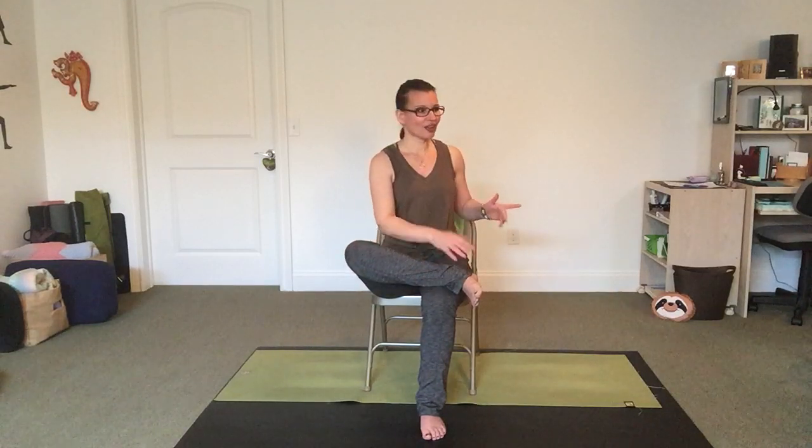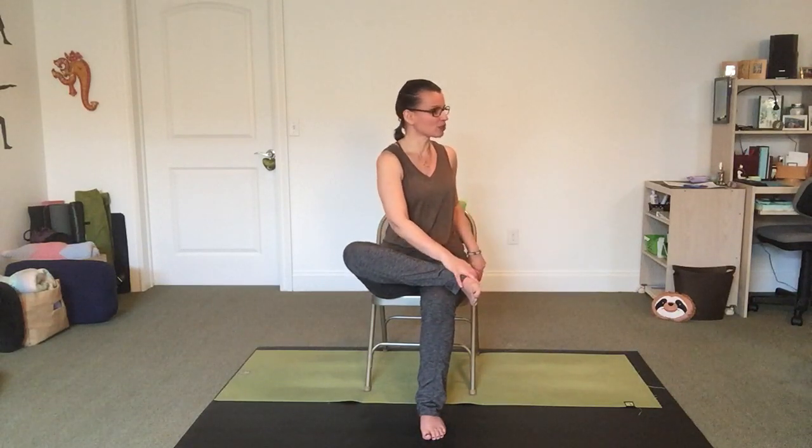And then shift around to the other side. Since this is an open twist, we're moving away from the constriction of the body. You might find that you have a little bit more movement, a little bit more space, maybe not. The open versus the closed might feel a little better on your body. And exhale, release back to center, bring down the left leg, and we'll move through those different levels on the